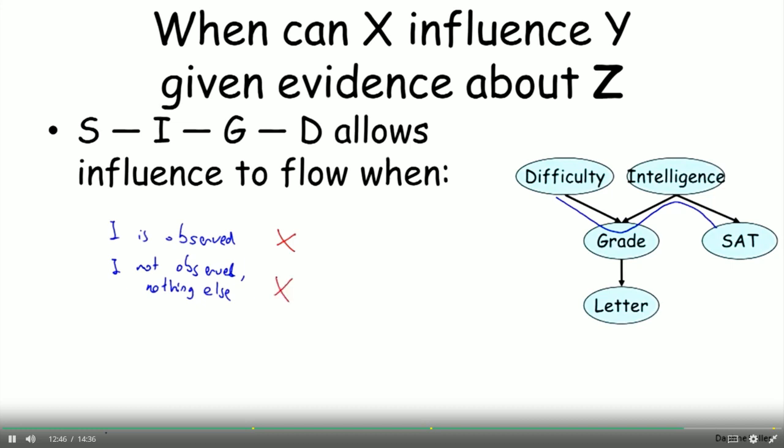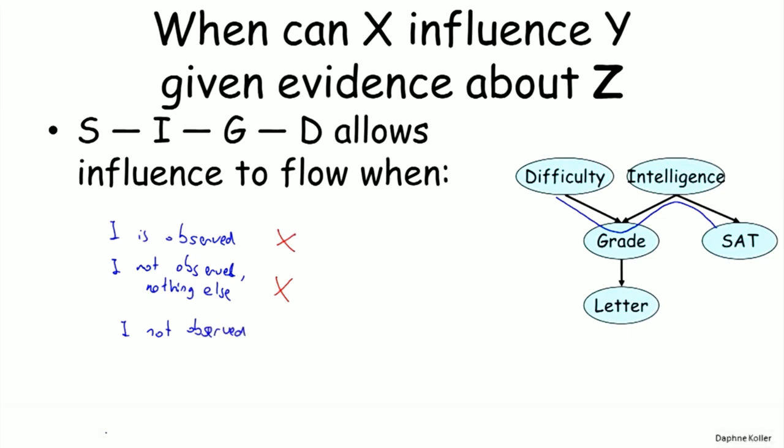On the other hand, if I is not observed, and G is observed,